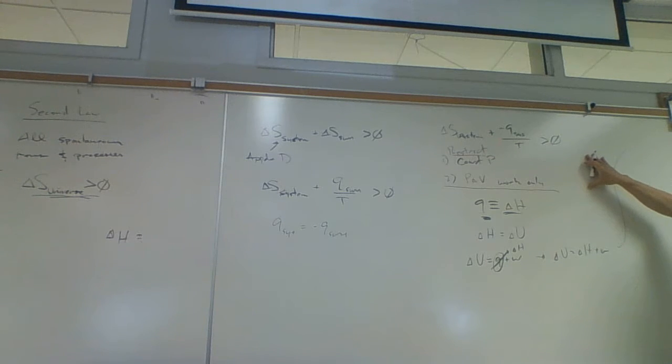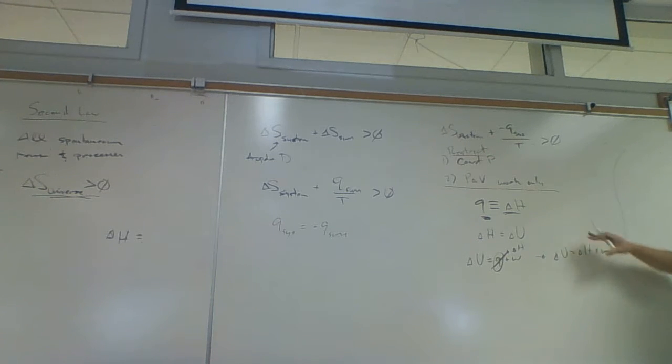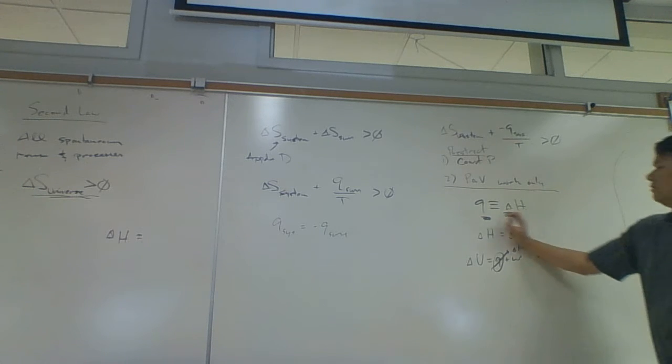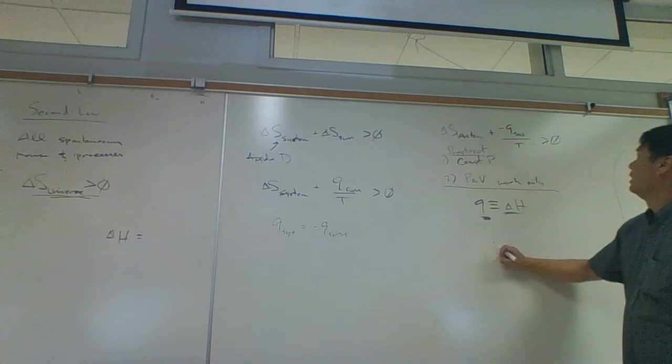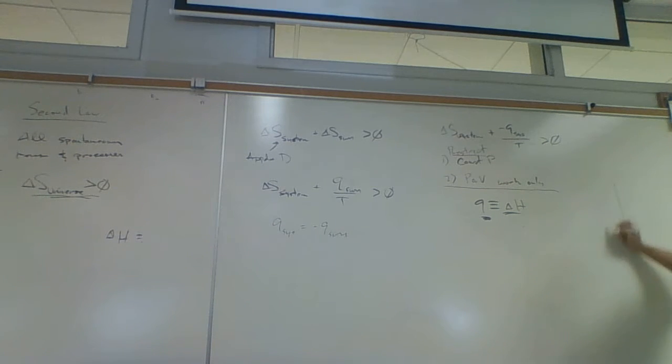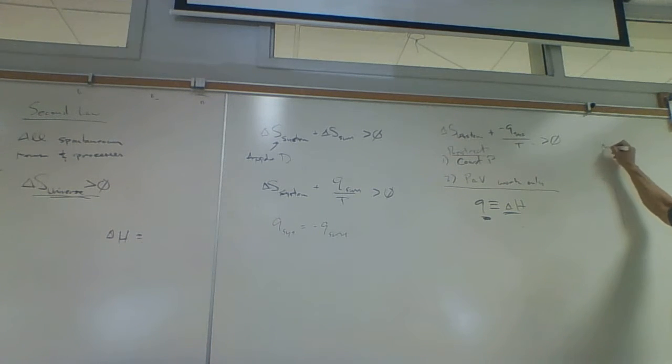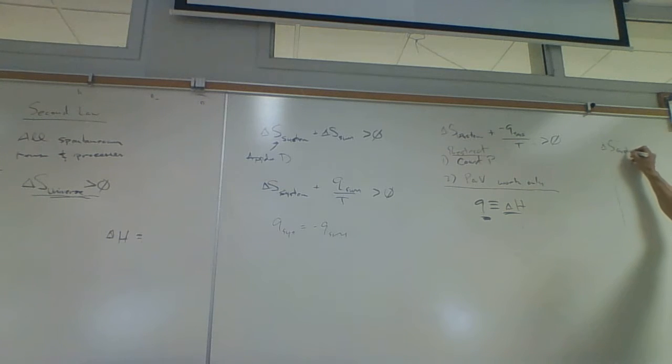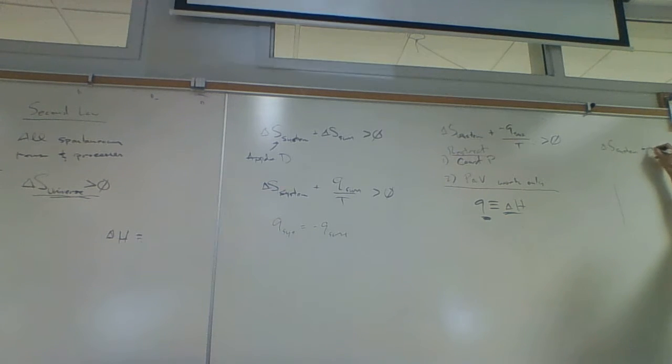What were we talking about? What we're going to do is use the definition of delta H and plug it in here. And so if we have these two restrictions, we can say this: delta S of the system plus minus delta H of the system over T